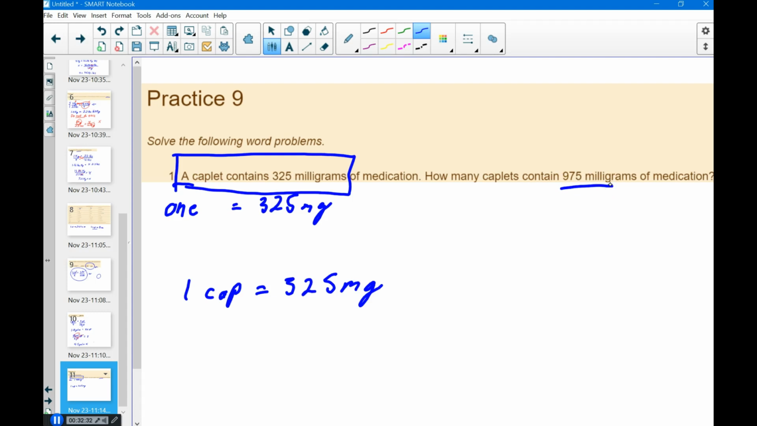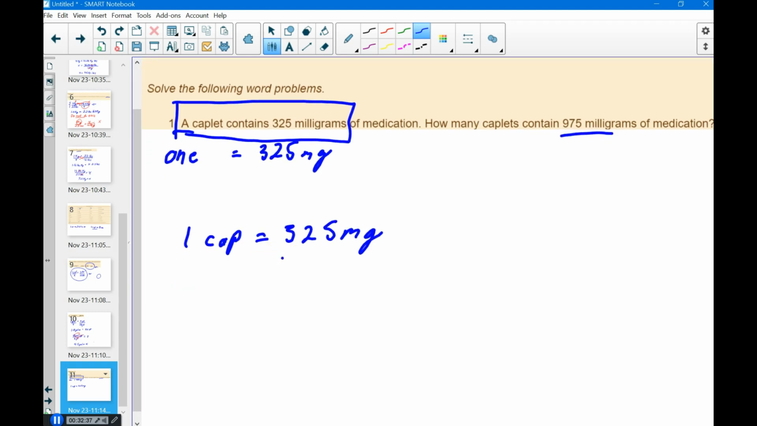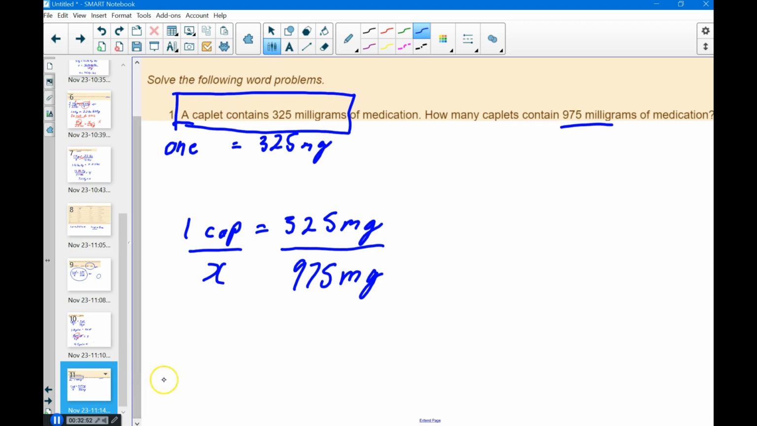Over here, you see I have 975 milligrams. Now that I know how to set these things up, keep the milligrams lined up. I'm going to take the 975 and put it down here, under the milligrams that I just set up. Over here is my X for caplets. Cross multiplying looks like this. I have 975 caplets and milligram equals X times 325